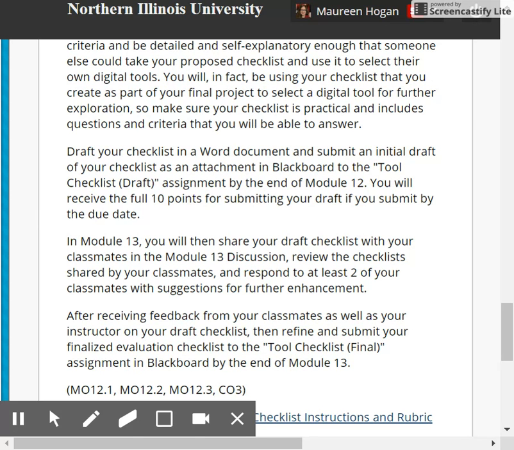One of the key points in doing a critical evaluation of anybody's work is to point out what you really liked at first. Don't go right off the bat guns running. Right off the bat, you want to find something good about the checklist and then make some gentle suggestions about how they can improve. At the end of Module 13, you'll be turning in your final tool evaluation checklist, and